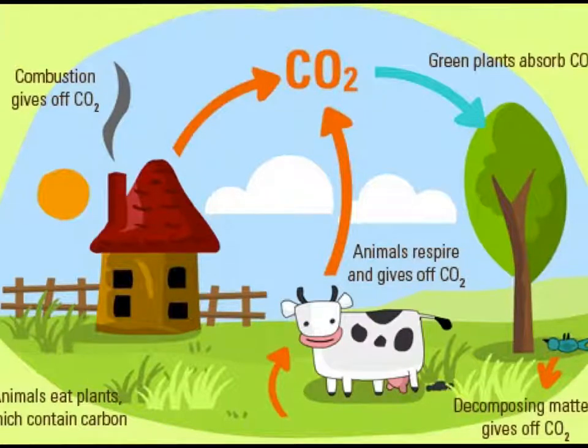The carbon cycle is the circulation and transformation of carbon going back and forth between living things and the environment. Carbon travels from the atmosphere into organisms and the earth and then back into the atmosphere. Plants take carbon dioxide from the air and use it to make food. Animals then eat the food and the carbon is stored in their bodies or released as CO2 through respiration.